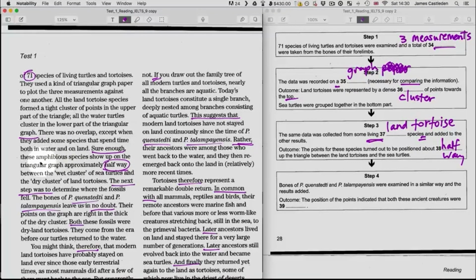We've got this word amphibious species. Okay, but does it mean living? It doesn't say living. So this is the problem. This word, I don't like it. Anyway, that means they live both in land and water. Outcome: the position of the points indicating that both these ancient creatures were